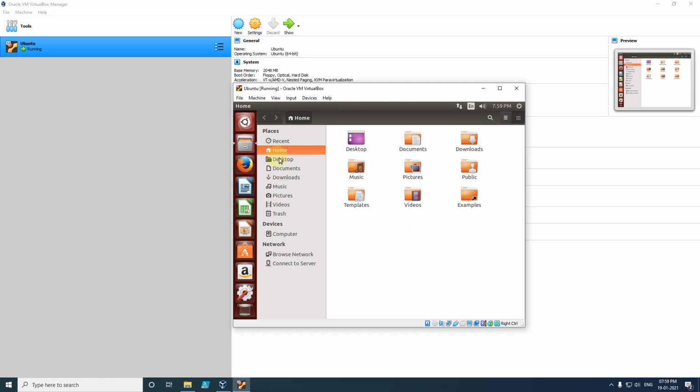So we have home, desktop, documents, download, music, picture, videos, trash, computer, and we have browser as well. After that we have some documentation tools like Office Writer, Office Calculator, and Office Impress. After that we have Software Center, from where we can download and install any software for Ubuntu.